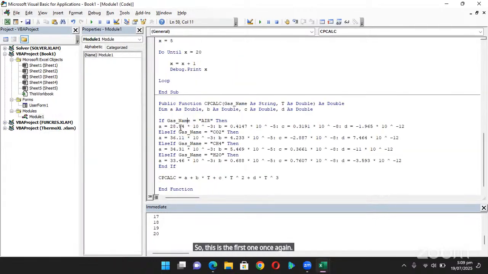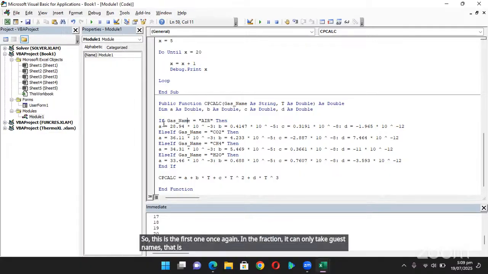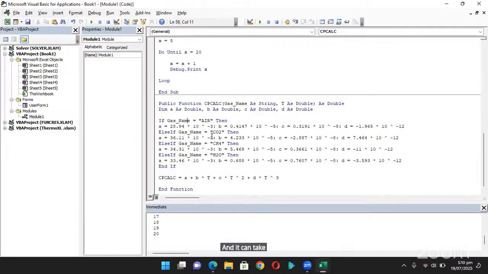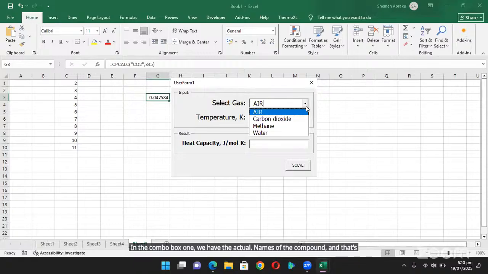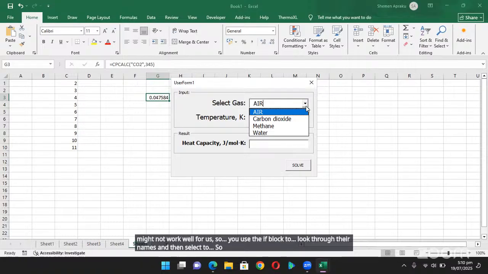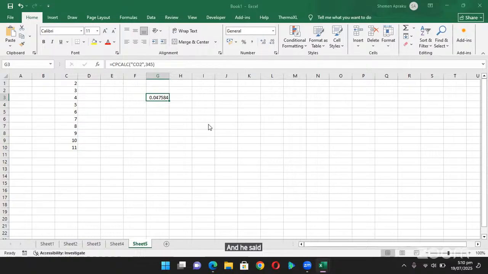In the function, it can only take gas names, that is the air as AIR, and it can take CO2 for carbon dioxide. It can take methane, but only as CH4. It can take water only as H2O. I can't assign the full water name to it, only its formula, right? So the CO2 as a formula, the CH4 as a formula, and the H2O as a formula. But in our user form, in the combo box 1, we have the actual names of the compounds, and that might not work well for us. So we will use the if block to look through the names and then select our compound formulas and insert them into the